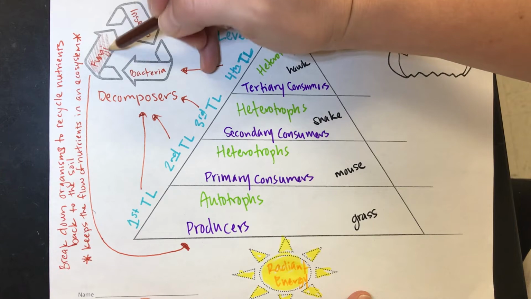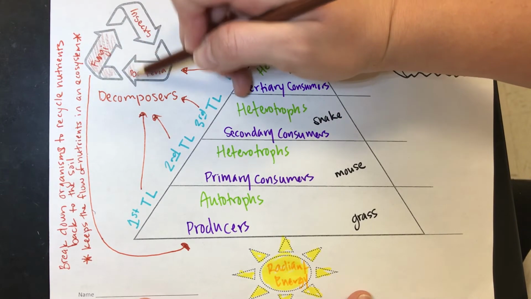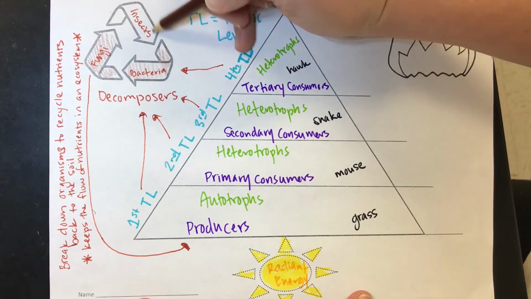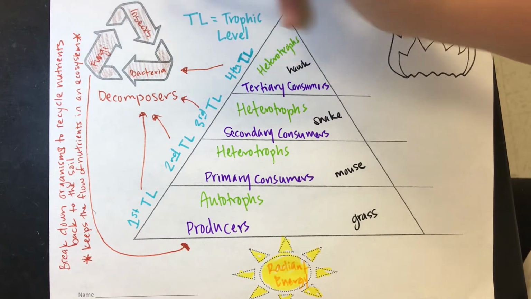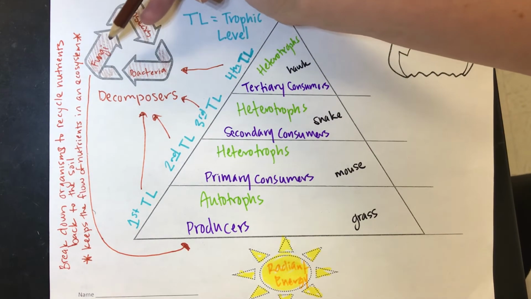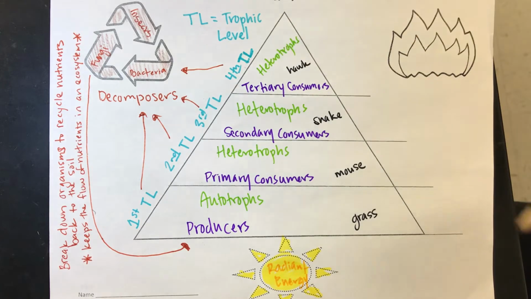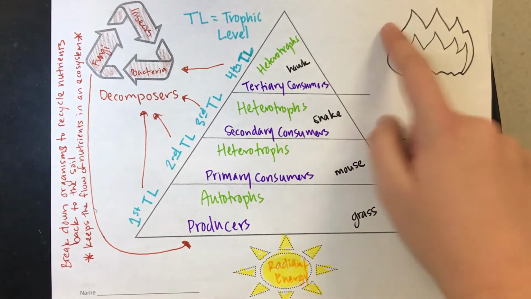While they're not on a specific trophic level, they play a very vital role in ecosystems. And again, we list them off to the side because they're breaking down dead organisms. They're not consuming live organisms. So there we go. Okay, jumping back into our energy pyramid, we're going to go ahead and